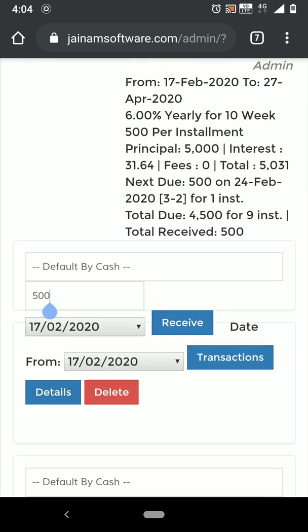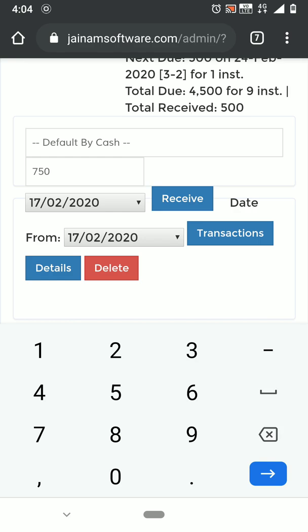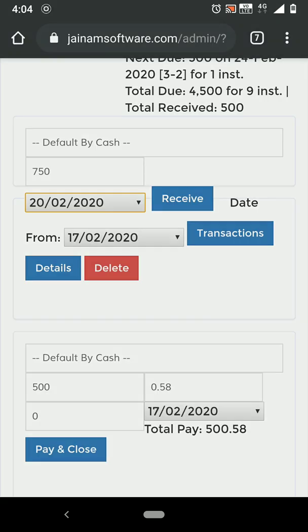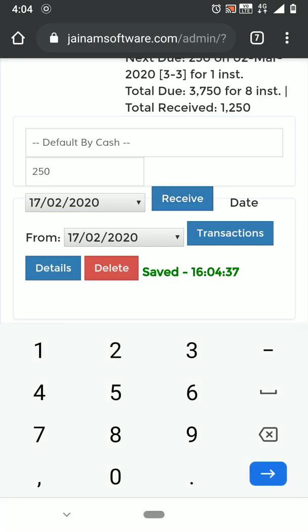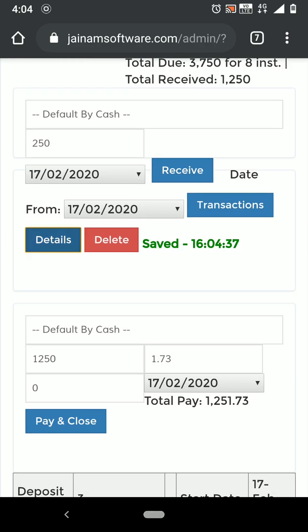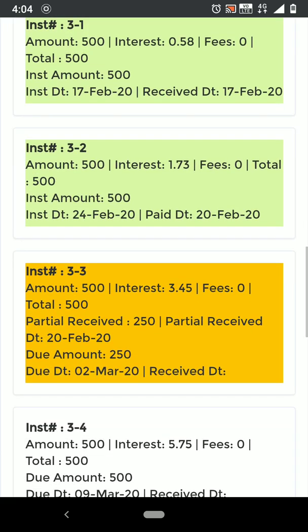Now the second transaction, which was supposed to be 750, and you missed changing, you can just change the date and set it here and receive. Okay, so you received that transaction, and now if you check in details, you will get to know the details accordingly. Okay,